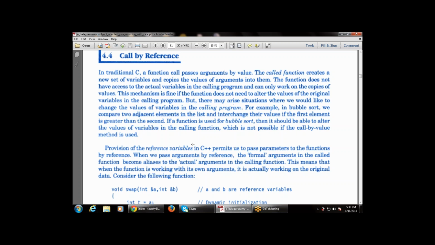So there is no criterion that the values are permanent. No, values change during the execution of the program. So in call by value, whenever there is any change in the formal argument, that does not impact